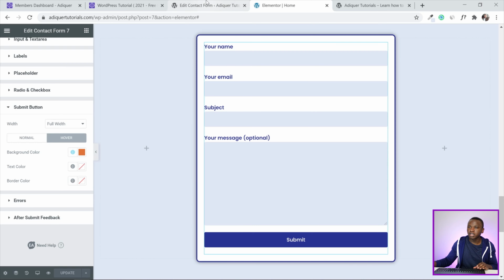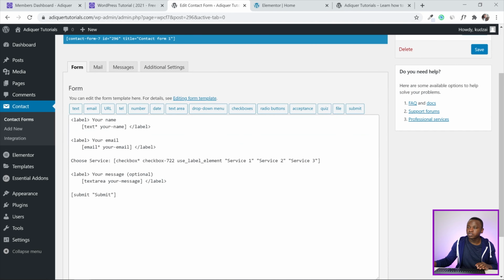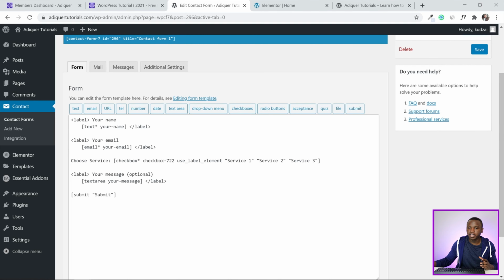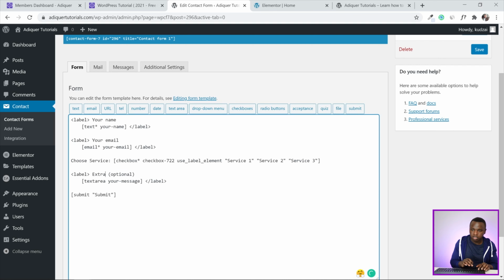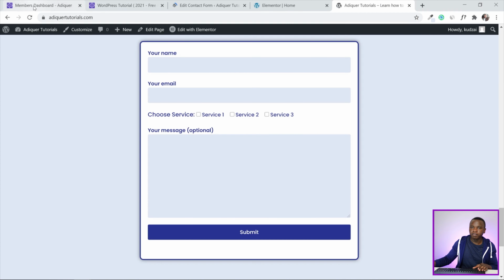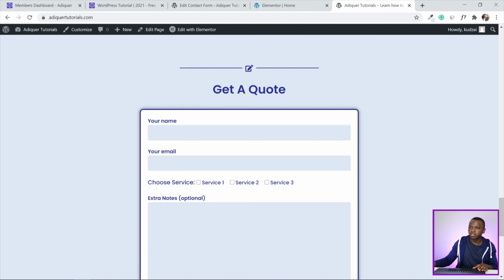Okay, now let's change something else. Instead of saying your message here, let's say extra notes, so that they know that if they want to talk a little bit more about the service that they want, if they want to ask more questions, they can just put them in there. So I'm just going to say extra notes here, and then I'm going to click on save. Then if I refresh this page, you can see that it's now extra notes here, and everything looks like a